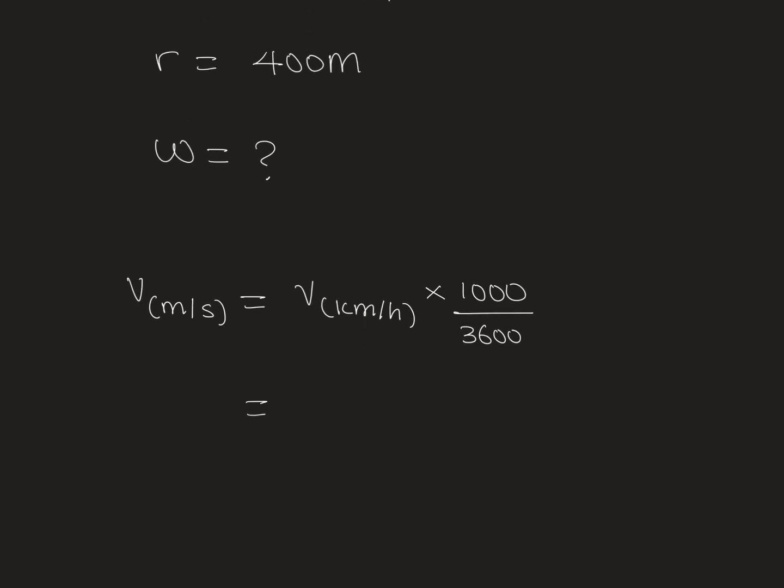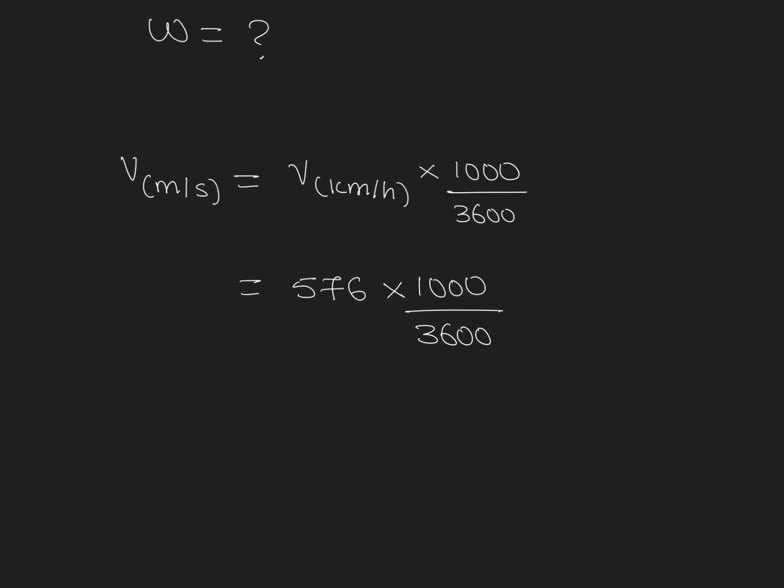So that is 576 kilometers per hour multiplied by 1000 divided by 3600. If you do that, you will have expressed the linear velocity in meters per second. 576 times 1000 divided by 3600 is